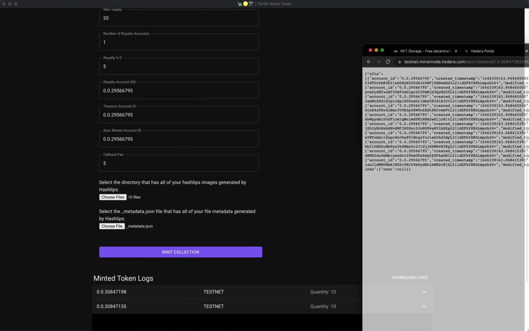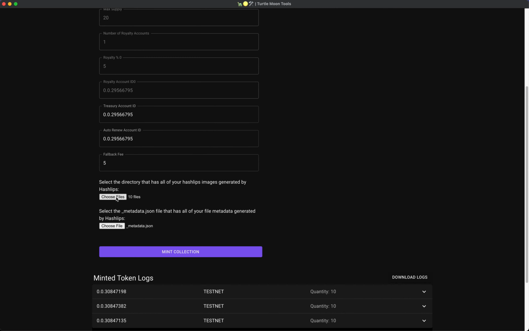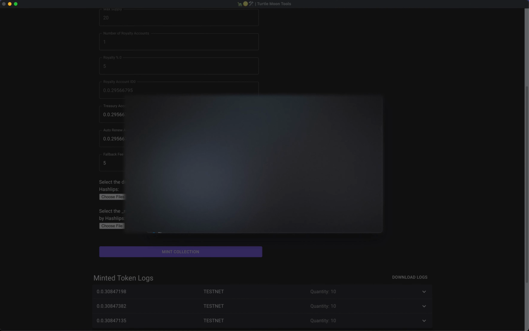Fantastic. So say a month goes by and now you're minting again on the same token ID, such as HGraphPunks is doing. All you need to do is click this button, as long as you've minted the first set in this tool, put in the token ID, remap to new image files. I'm just going to do the same one because this is a demo, but